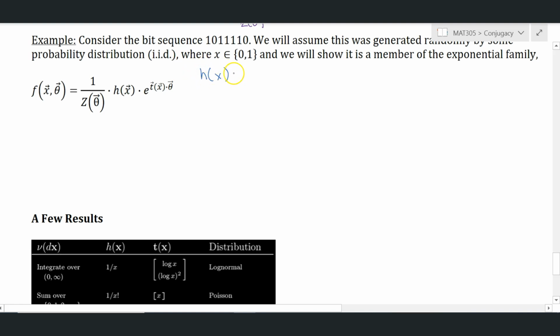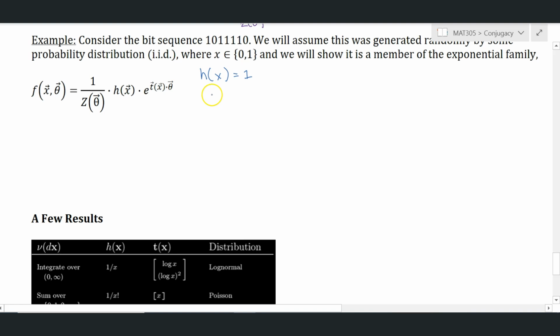But in this case, h of x, remember, places volume on x. So in our case, because an x of 0 is not more or less likely than a 1, we will just say that these will both map to an equal weight. Okay, so now what about